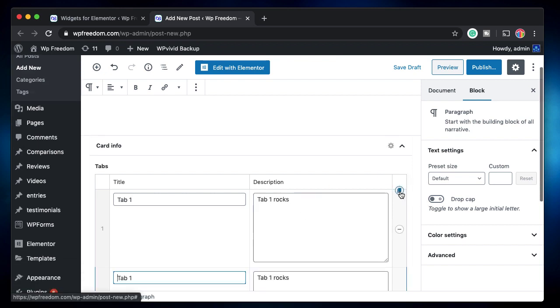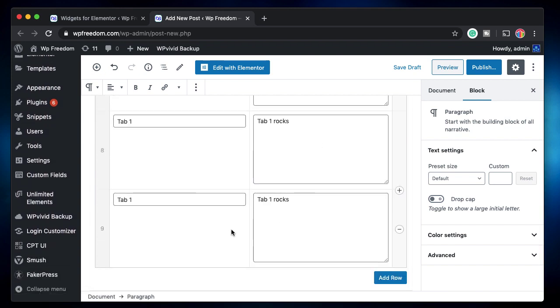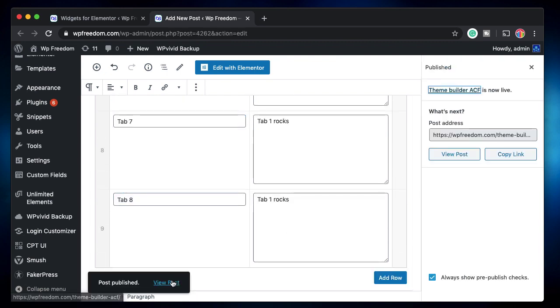I'll duplicate it 5 times or 6 times. Since this is a repeater, you can go as many times as you want, unless you set a maximum number in the repeater. 2, and I'll view post.